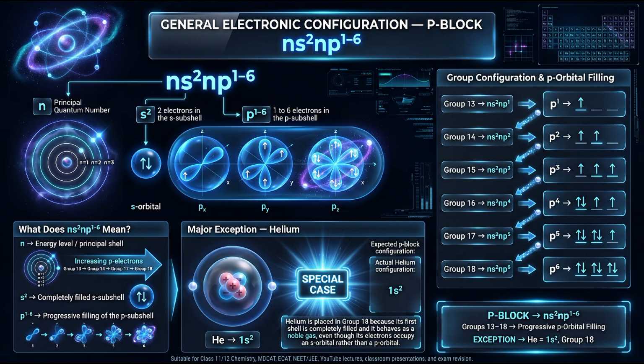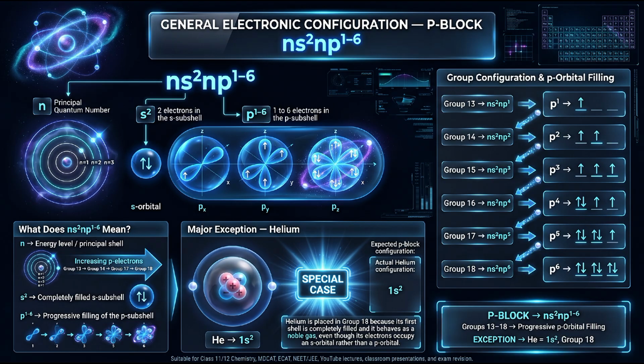Group 18 represents the final stage of p-subshell filling. Its general configuration is ns²np6. Here, all 3 p orbitals are completely filled, with 2 electrons in each orbital. Neon is a typical example, with the configuration 2s², 2p⁶. Argon has 3s², 3p⁶. Because the outer shell is completely filled, noble gases generally have highly stable electronic configurations and